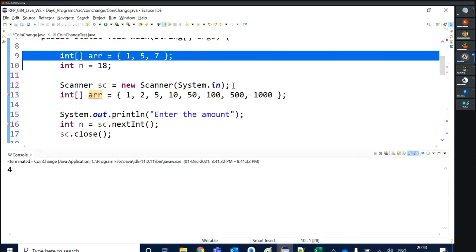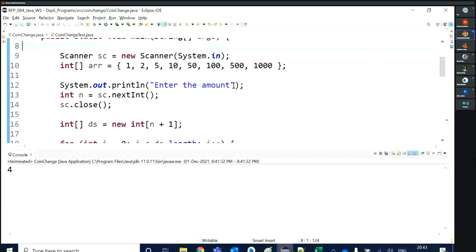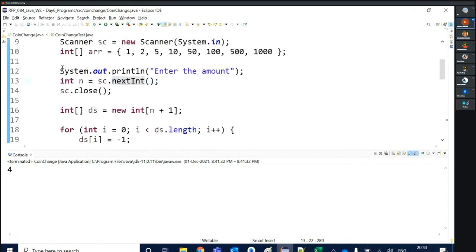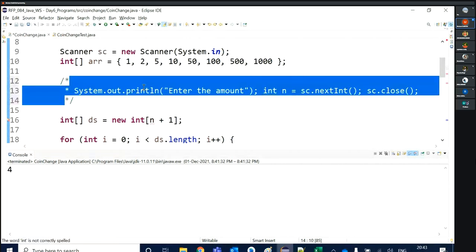So what's our shortcut? Control Shift F. It's Control Shift F for reformatting your code. For commenting your code, select your line and use Control Shift forward slash; it will comment your selected code. For uncommenting, Control Shift backslash is there.